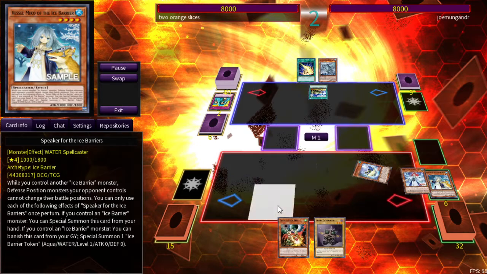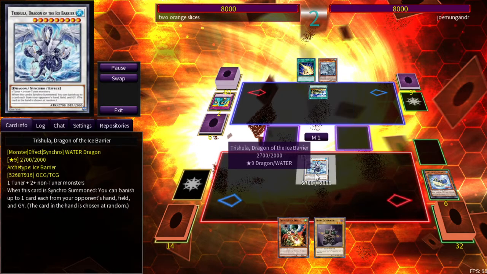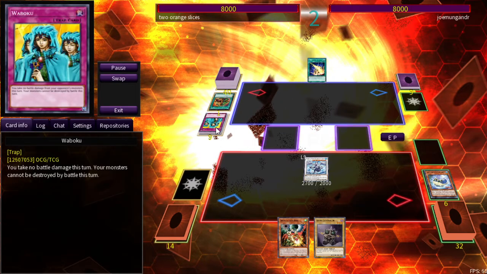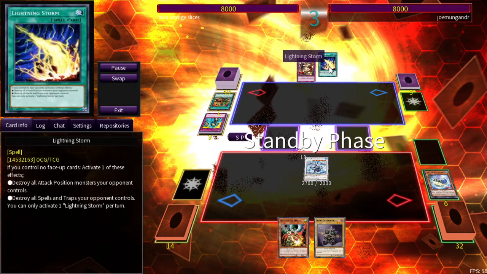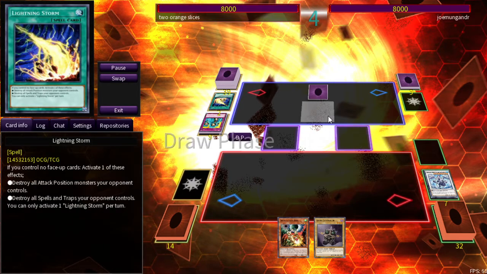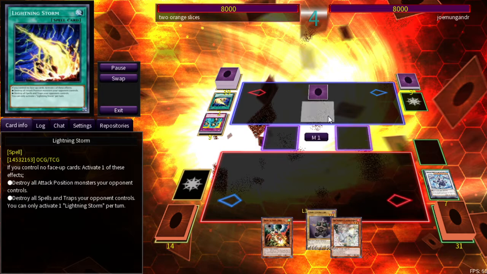I could go the regular route here, and I might. No, yeah, I can just go into Trishula too, because if he's playing Wabaku, he probably doesn't have monsters in his deck anyways. Yeah, he had the Lightning Storm in his hand. That's super unfortunate. This isn't exactly a grindy type deck, but, I mean,